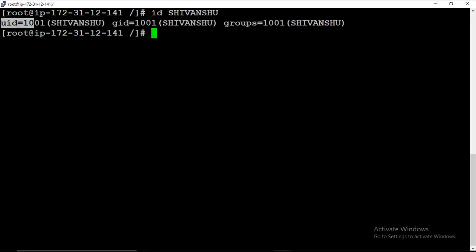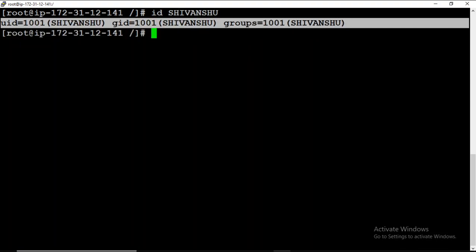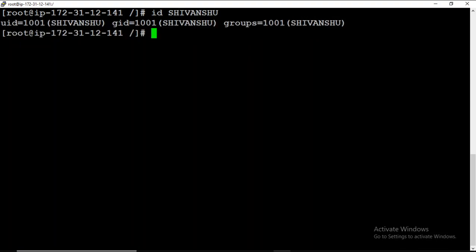There is UID, GID, groups. What is all this? I will explain everything, but not in this video. Firstly, I will just make you comfortable, and then slowly I will explain each and every thing. For a high level idea, this is the user ID, the ID for your user provided by Linux, this is the group ID, and this is groups.